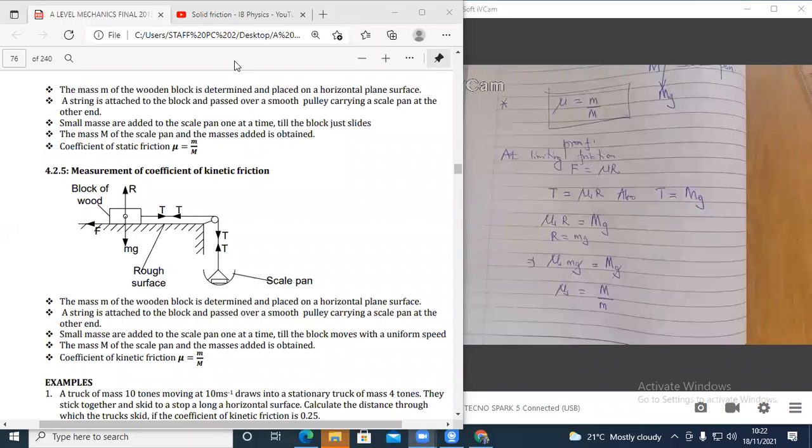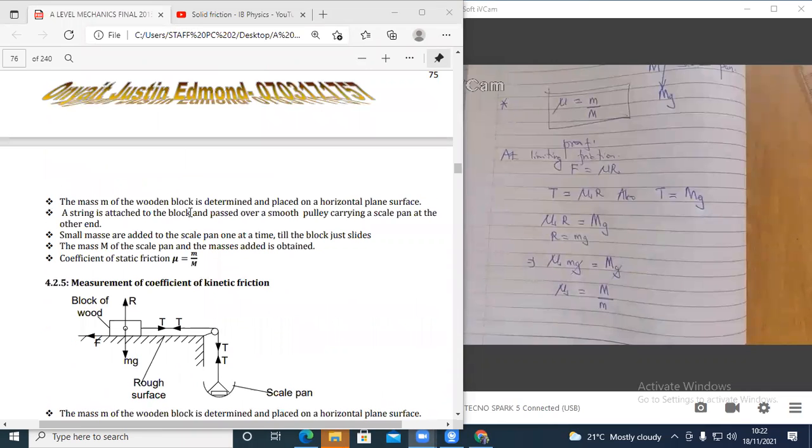I think what Namuli was saying is that they were asking for the experiment to determine frictional force, not the coefficient of friction. In that question, you pick any, because friction is divided into either static or kinetic. If the question is straightforward like that, you pick one of the experiments, either for static friction or for